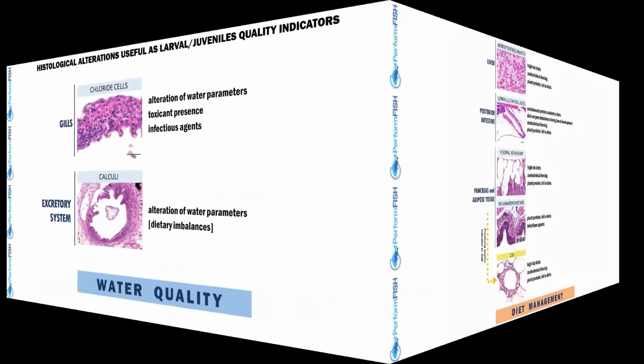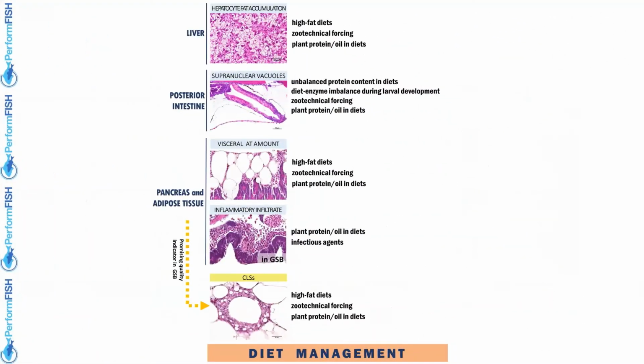Anyway, since we do not know some important zootechnical and management data of the studied hatchery, we cannot establish with certainty the cause of some lesions, but based on our experience, we have formulated, of course, a hypothesis. Certainly, the cause of these alterations, in this case concerning the liver, intestine, pancreas, and adipose tissue,